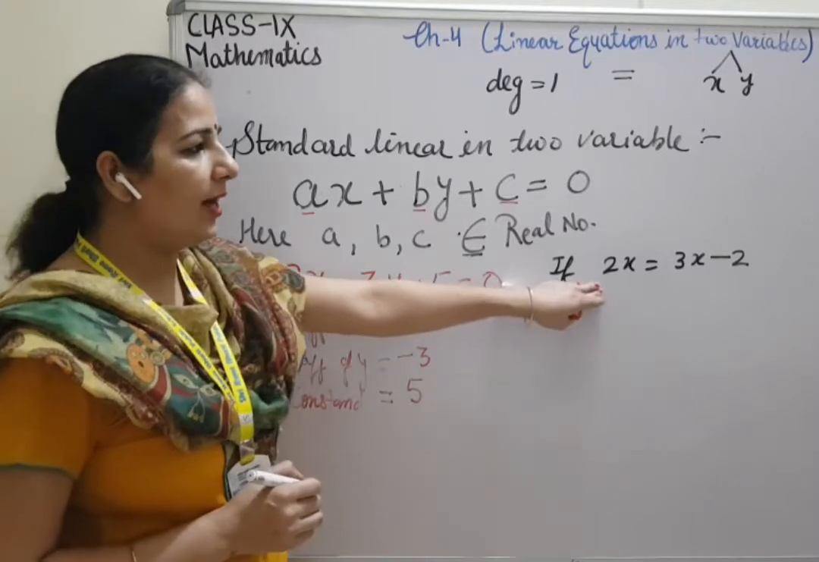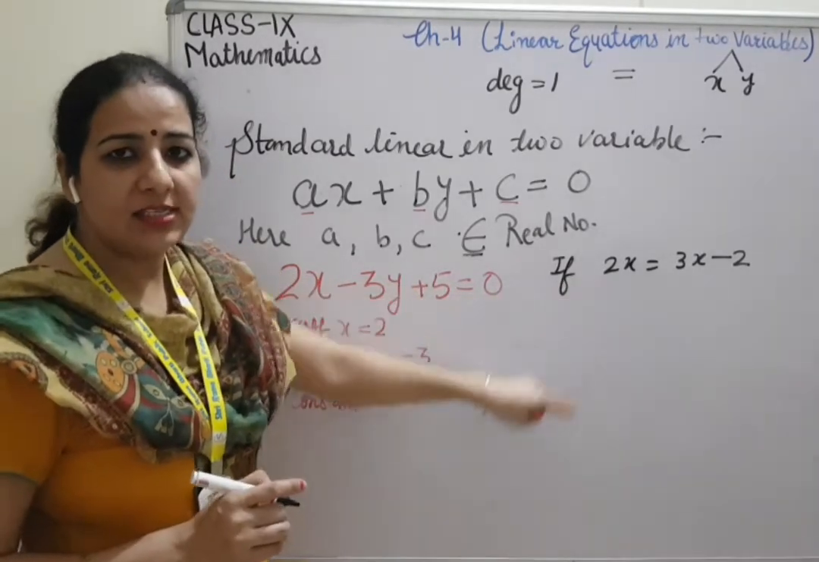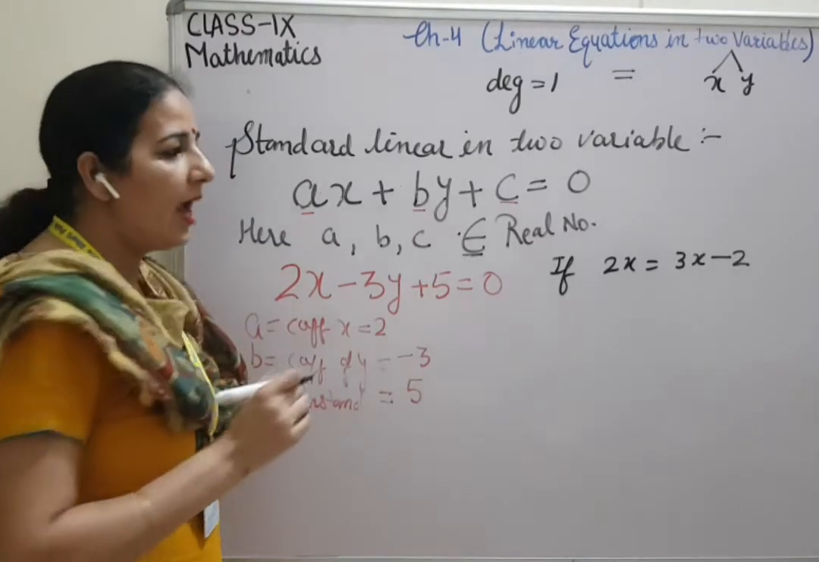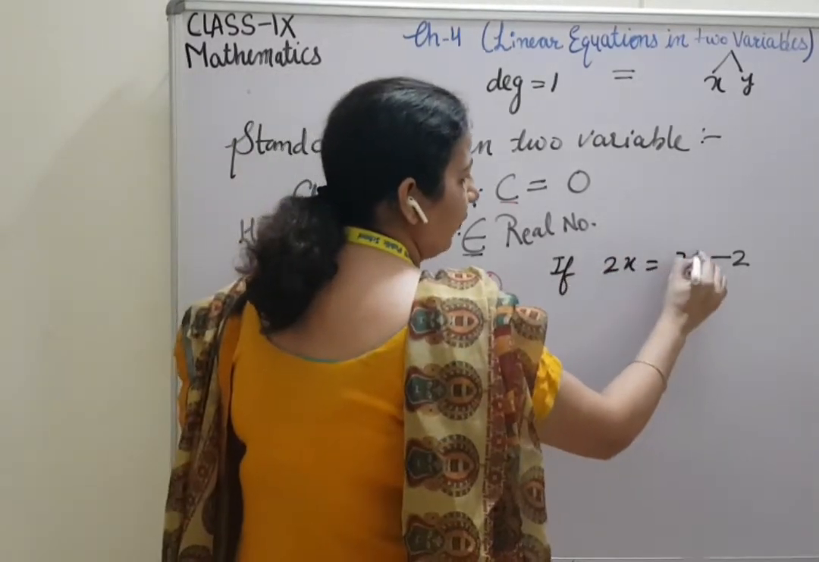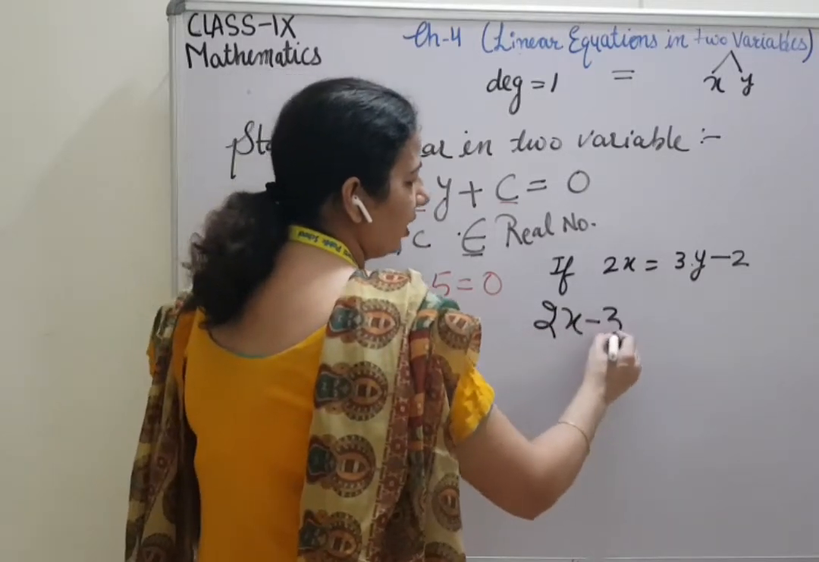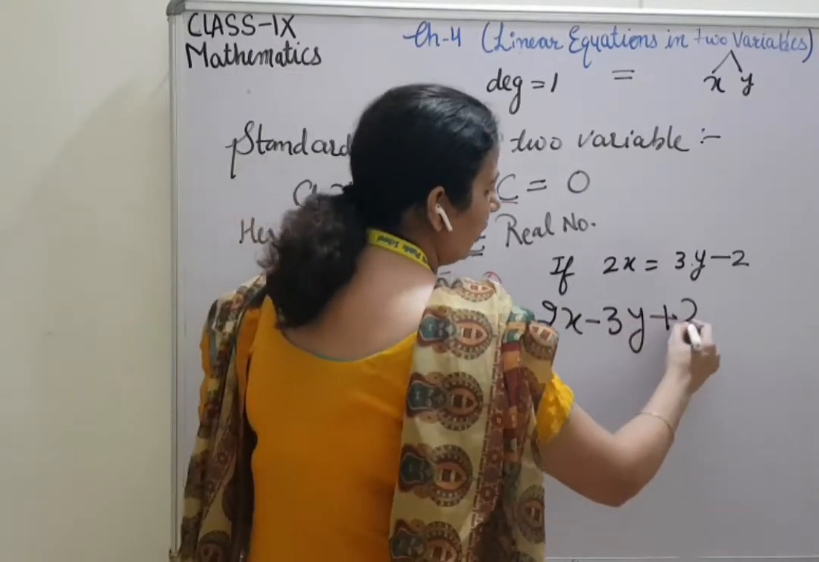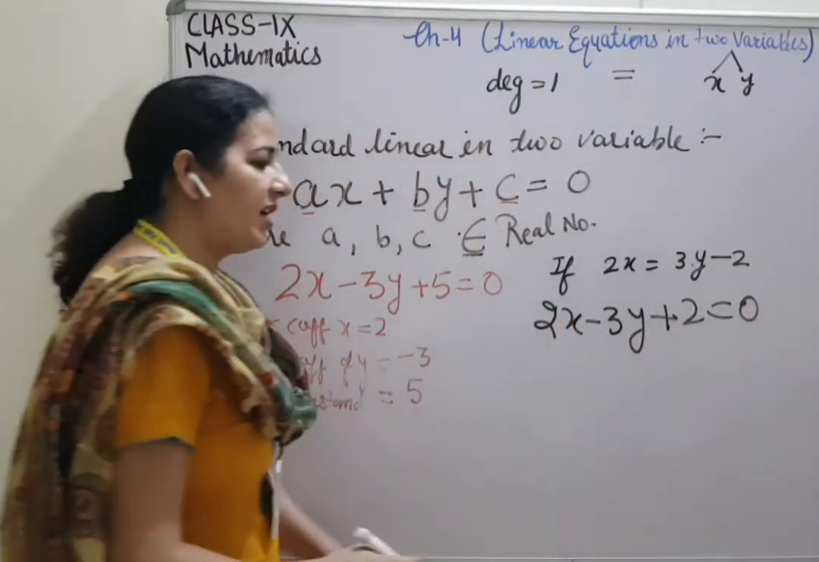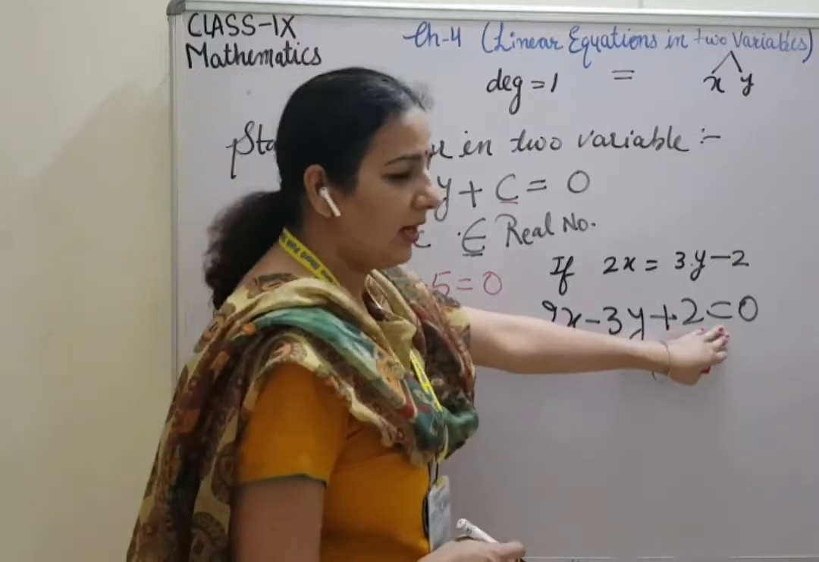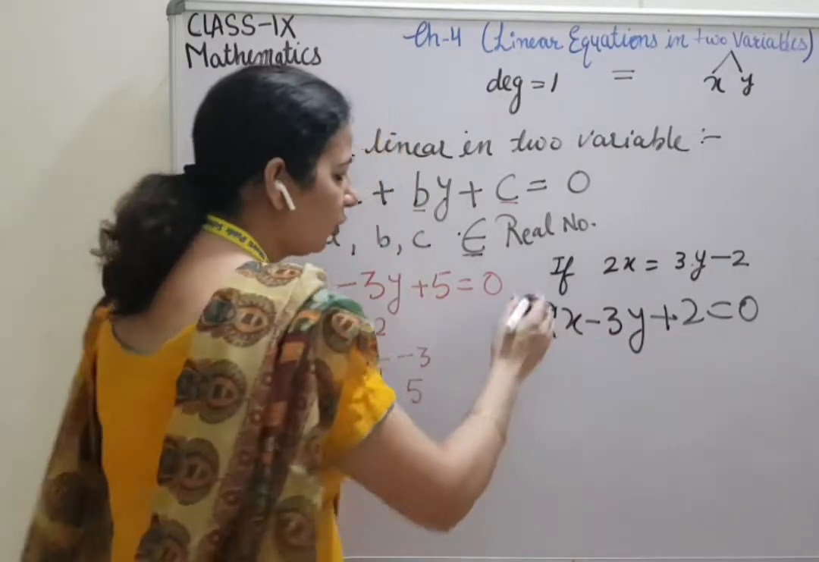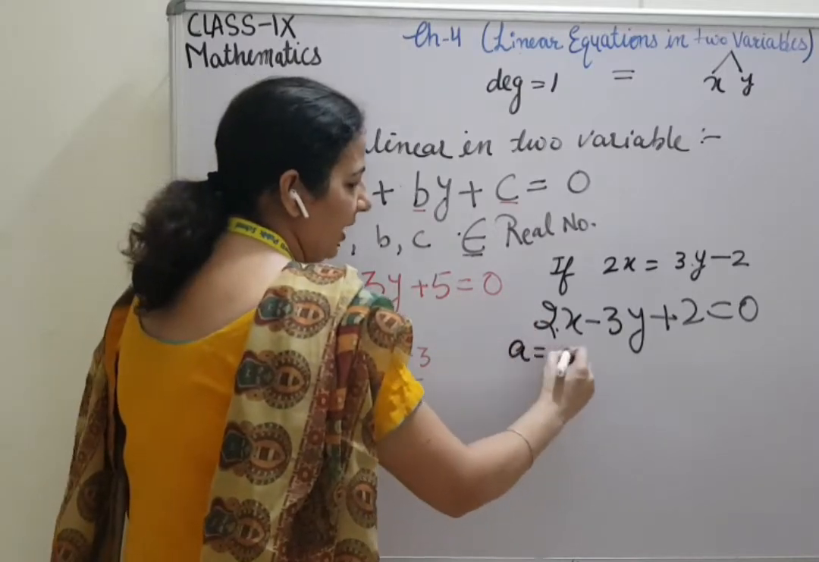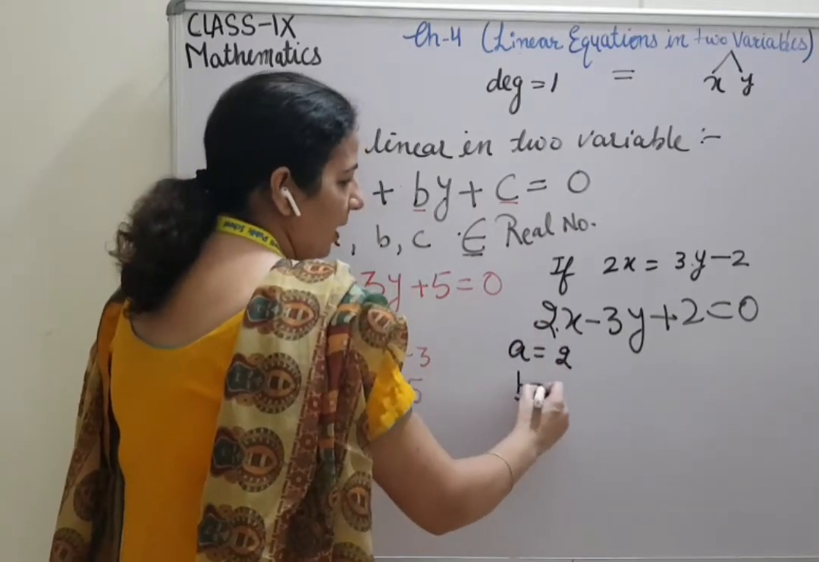For calculating the values of a, b and c, first you have to reduce it to the standard form, and the standard form is 2x minus 3y plus 2 is equal to 0. It means all the terms should be on one side and the other side will be 0. So by comparing this equation, the answer will be a is equal to 2, b is equal to